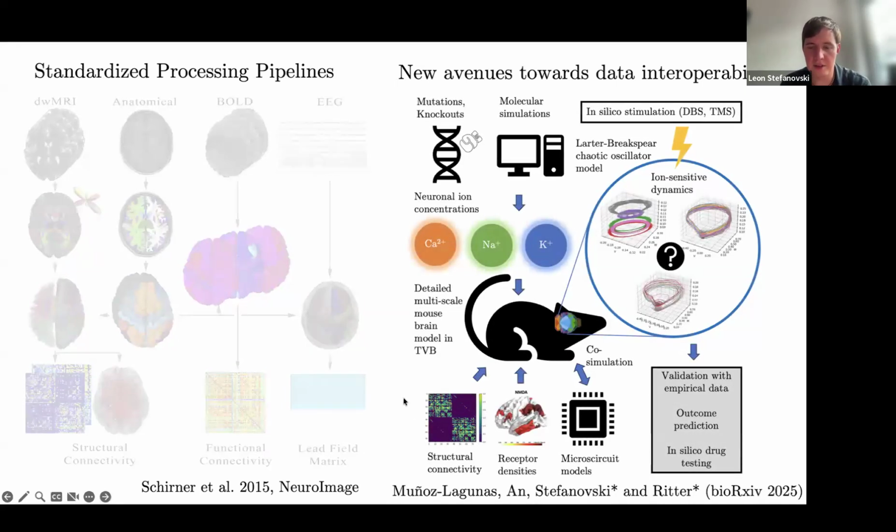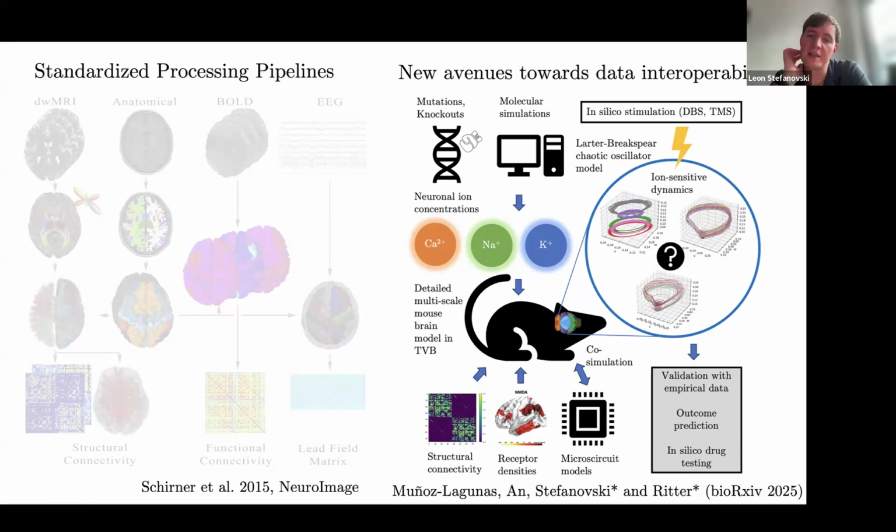The new idea that I want to focus my talk on now a bit is how we can go a bit beyond this classical neuroimaging and think a bit outside the box about what other parts of biological mechanisms and data we can implement. One example for this is work together with two PhD students that is shown here, where we set up a quite complicated neural mass model, the Larter-Breakspear chaotic oscillator model, in the